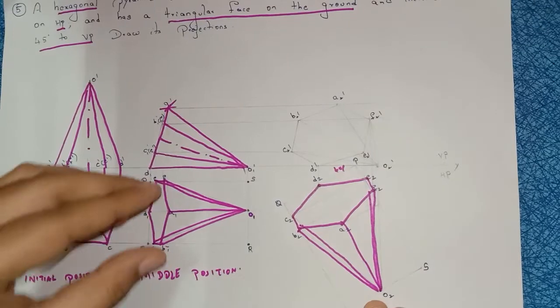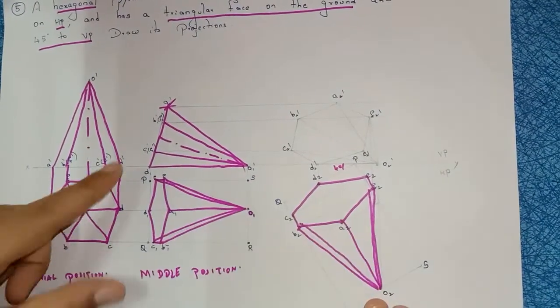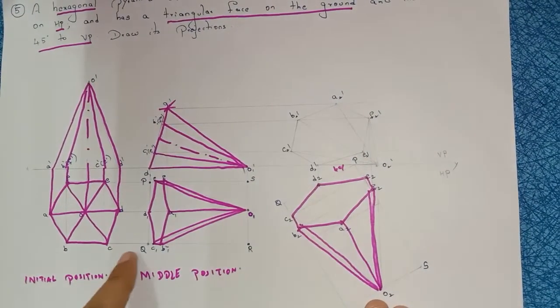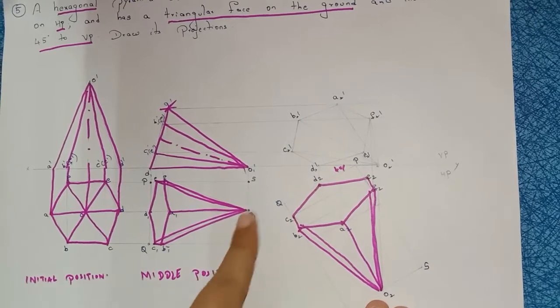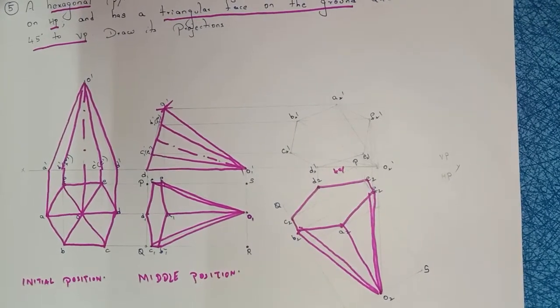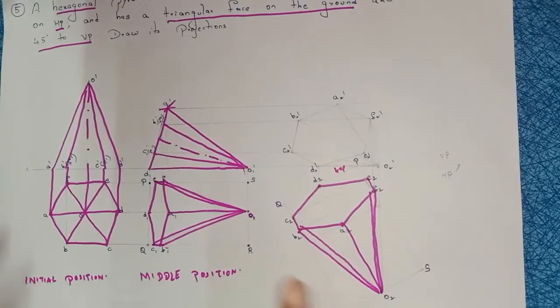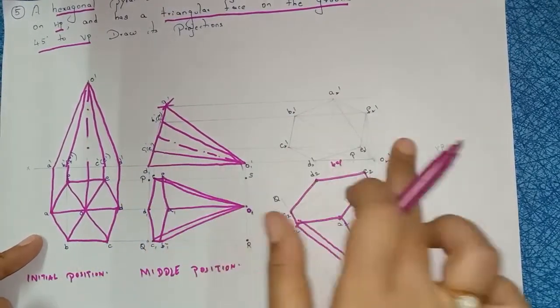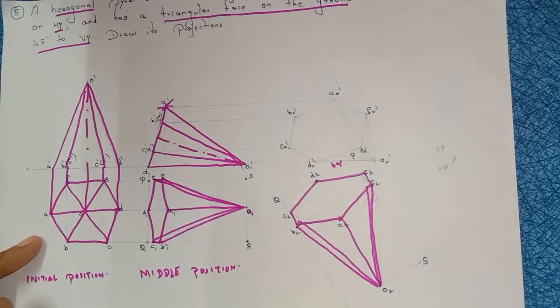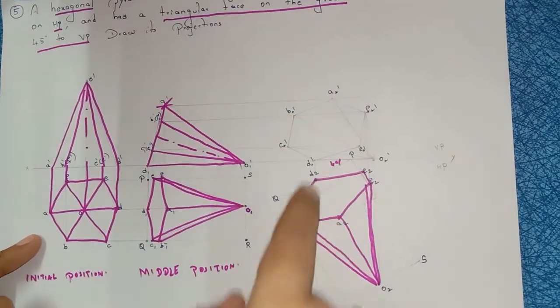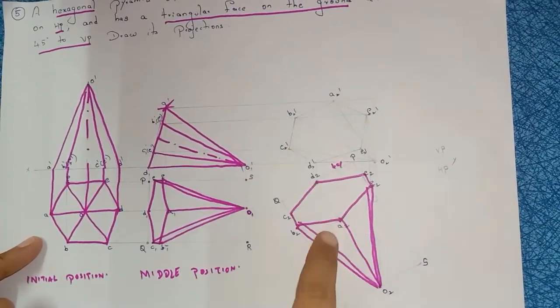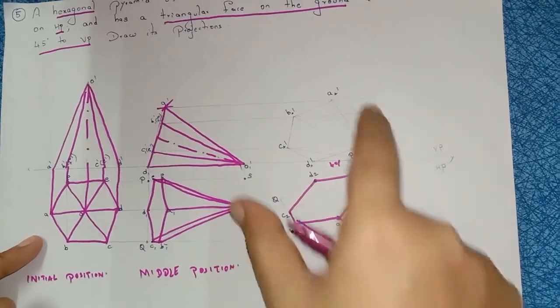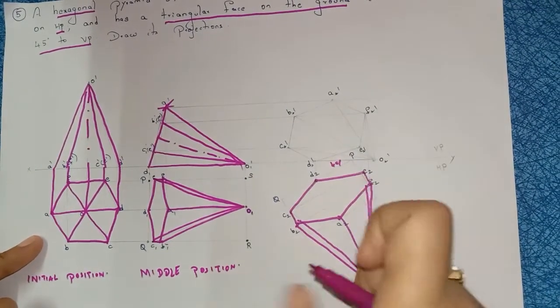Same, this box you have to construct here. In between P and Q, how many lines are there? In between Q and R, how many lines are there? In between R and S, how many lines are there? You know this process. After that, what we have to do? From every corner, from A, from B, from C, from every corner, draw the horizontal lines. After that, from A to A, B to B, C to C, D to D, E to E, F to F. At last, from O to O also.